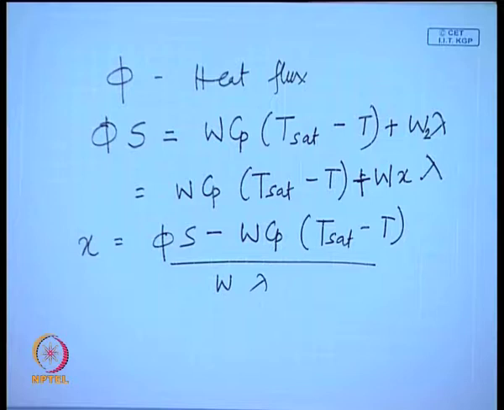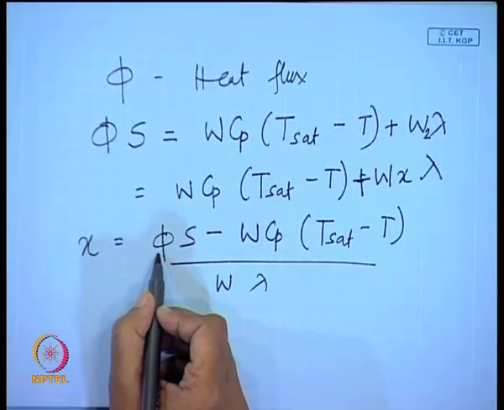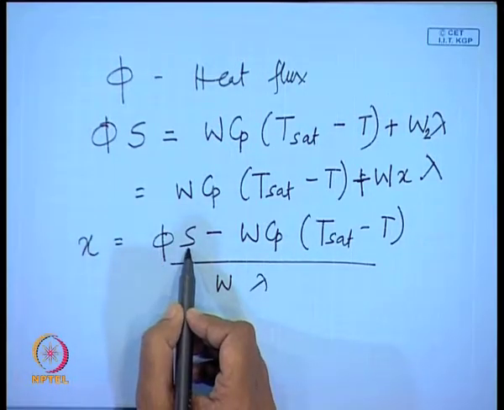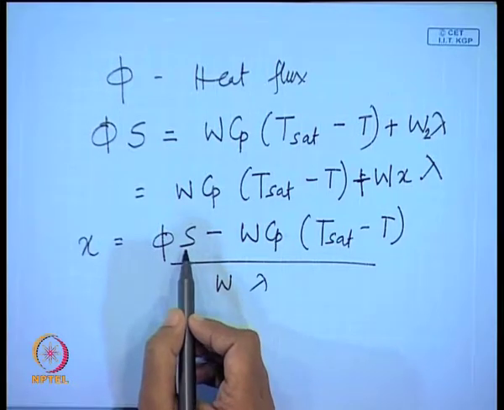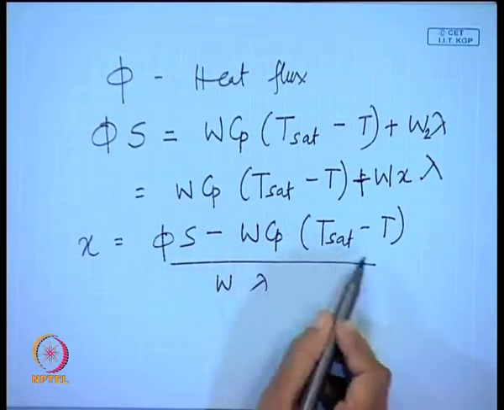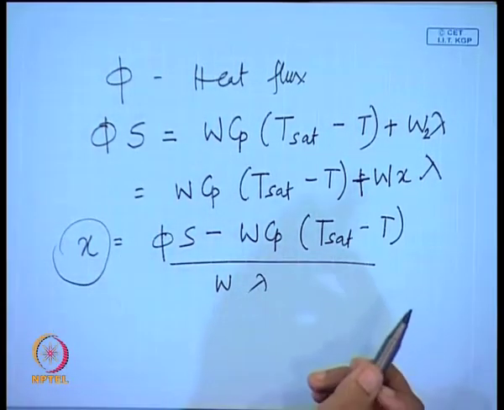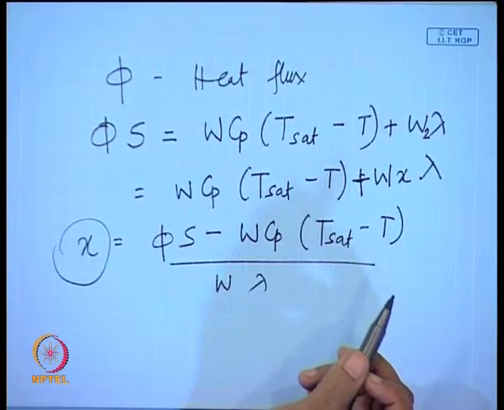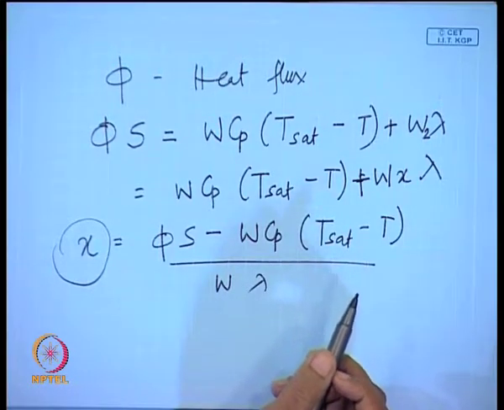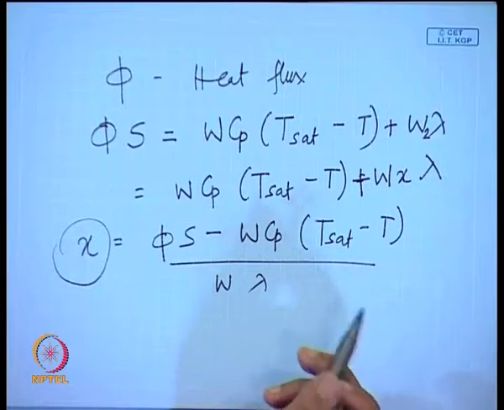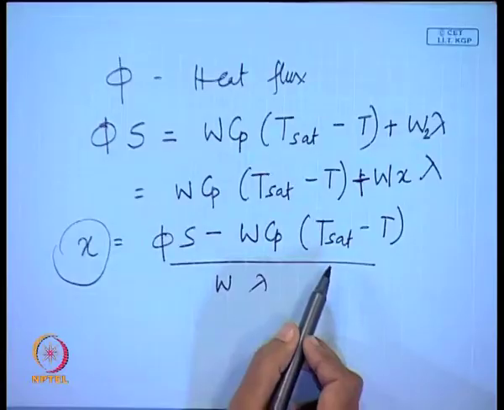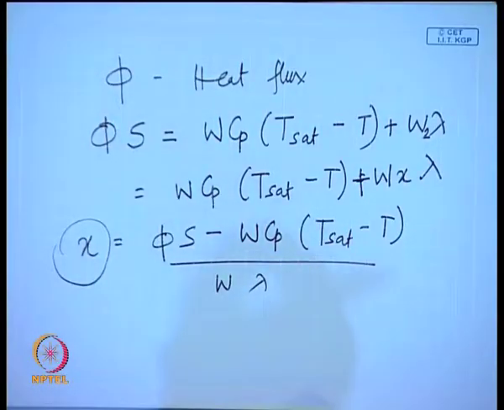So, therefore, we find that we can measure the heat flux, and the circumferential area or the perimeter is very well known. All these are simply properties, and therefore x is a measurable parameter. Now, if we have liquid and vapor, any questions, any doubts, you are free to ask me and clarify. So, this is the expression when liquid at below saturation temperature is flowing.